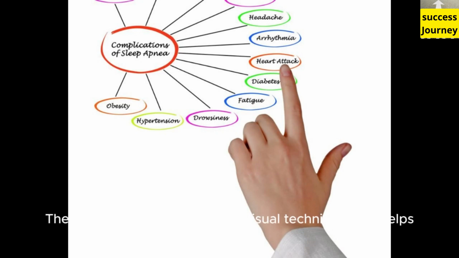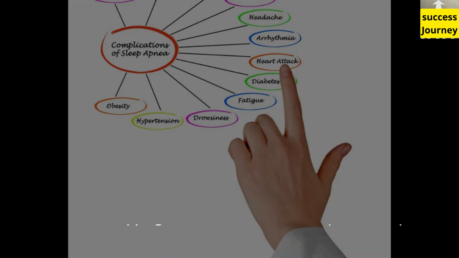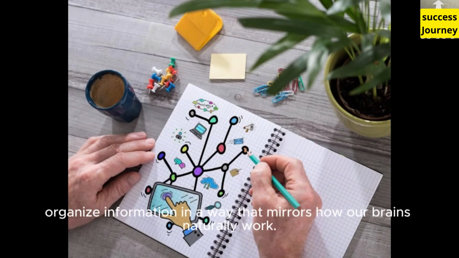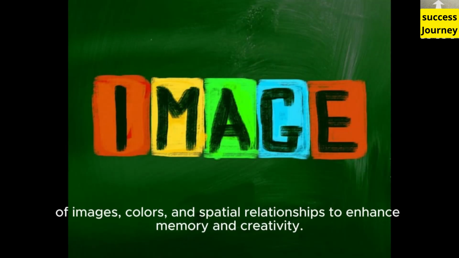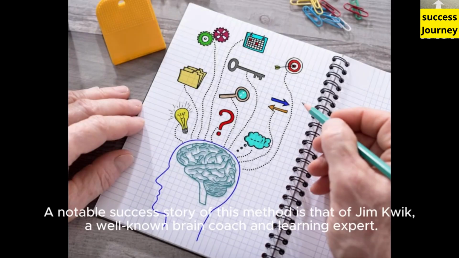The mind mapping method is a visual technique that helps organize information in a way that mirrors how our brains naturally work. Developed by Tony Buzan in the 1970s, it encourages the use of images, colors, and spatial relationships to enhance memory and creativity. A notable success story of this method is that of Jim Kwik, a well-known brain coach